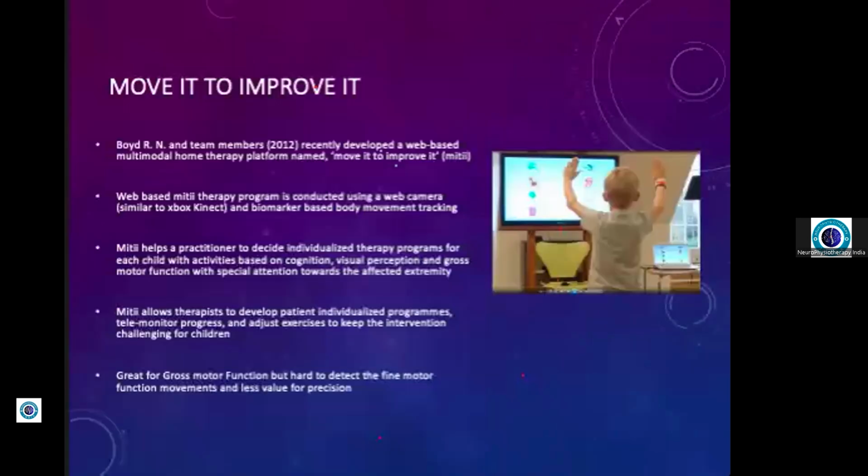Another protocol that came out was called Move It to Improve It, or the MIT protocol, which was a web-based therapy program, which is great because you can access it from anywhere in the world. It uses an Xbox Kinect camera, which records the movements, and the game interaction and movement analysis was always recorded, which is amazing. The only issue was that it worked perfectly for gross motor movements of the upper limb. However, like I said before, the camera motion analysis systems are not accurate enough to understand the wrist, hand,